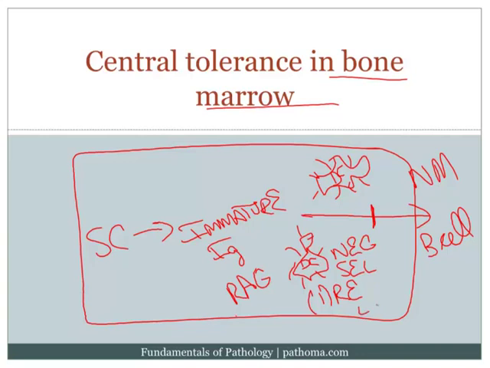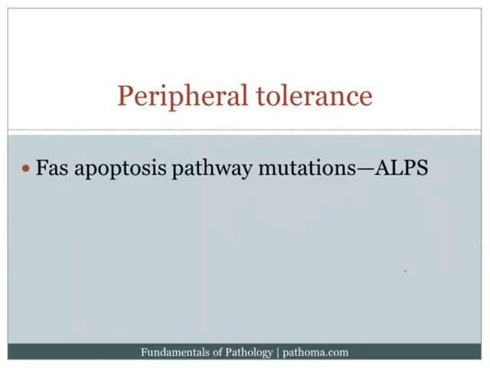Another possibility, if you can't edit the receptor, is that you simply undergo apoptosis. Cells here can also undergo apoptosis, and that would be through the mitochondrial pathway. So anyway, this again is highlighting the importance of tolerance and the way by which we protect ourselves against self-reactive lymphocytes. Now let's assume for a moment that the central tolerance mechanisms fail, or that some rare cells are able to escape central tolerance. Well, we have a second line of defense, and that is called peripheral tolerance.